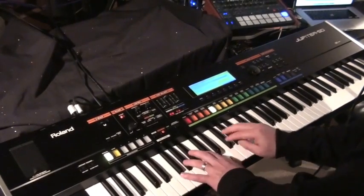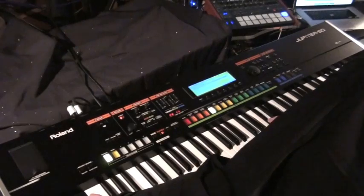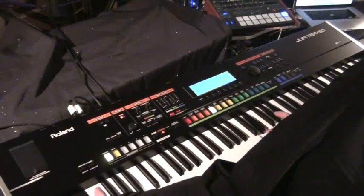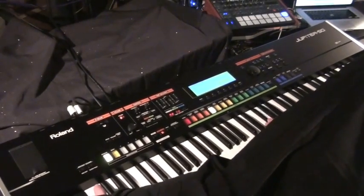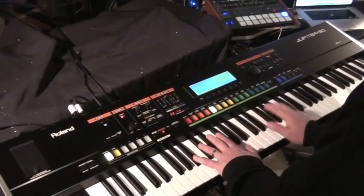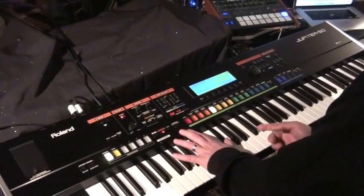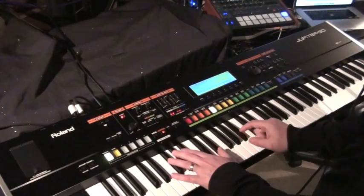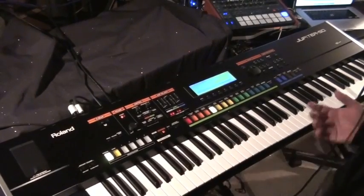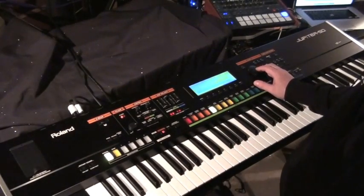That's one of the great things about this keyboard as well, just the kind of natural nuances that you can impart to a sound. And on the S2 switch here, you can add harmonics. Or slap on S1. And once you sit these sounds in tracks, they sound pretty authentic. Definitely the most authentic samples I've heard, probably in a sample-based keyboard today. Anyway,